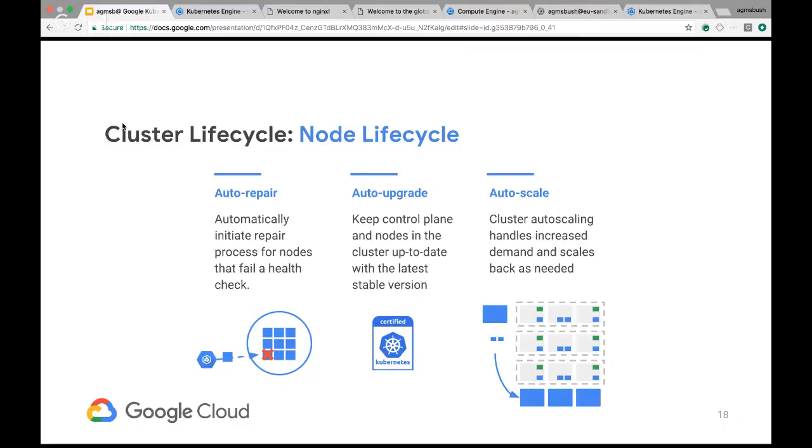I think GKE also supports Ubuntu at the OS layer as well. I'm not sure if that supports auto upgrade, but the idea is there. If we want to get to an immutable future, but we're still treating the hosts in our Kubernetes cluster with care to some degree, it takes away that benefit. So being able to implement security patches by just upgrading your node pool is a pretty cool thing.